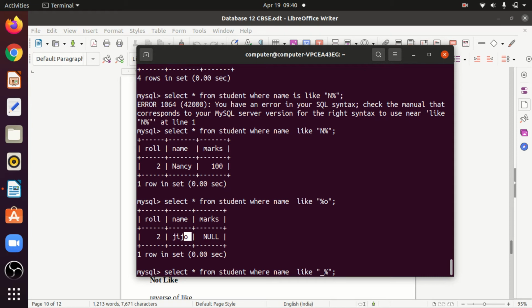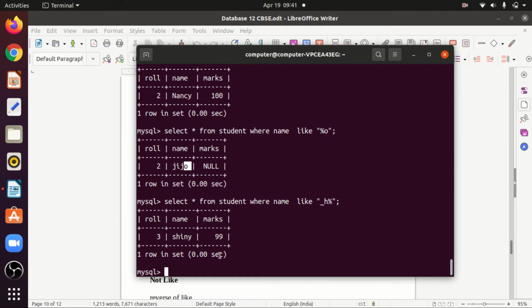Underscore represents one character. The second character should be H, and the rest should be anything. So this is Shiny. The first character is underscore, meaning any character, then I need an H, and % means the rest can be anything.